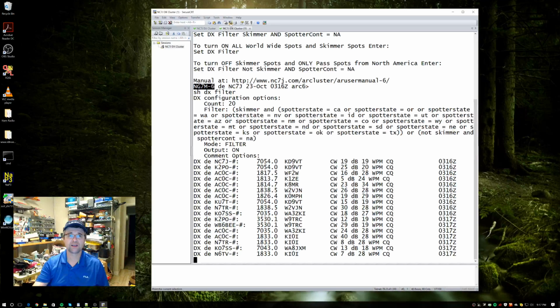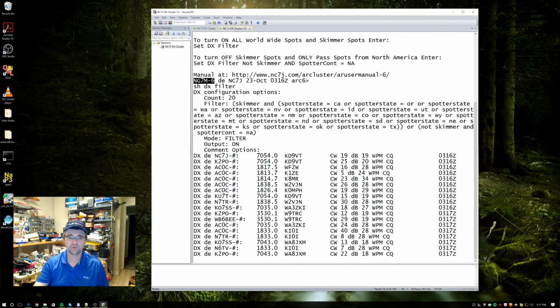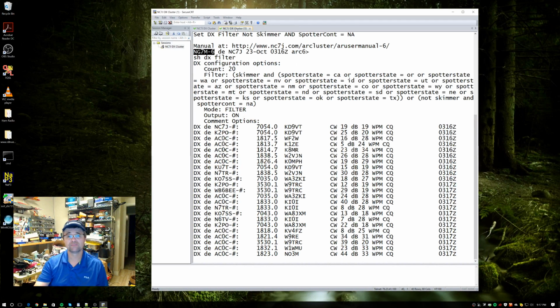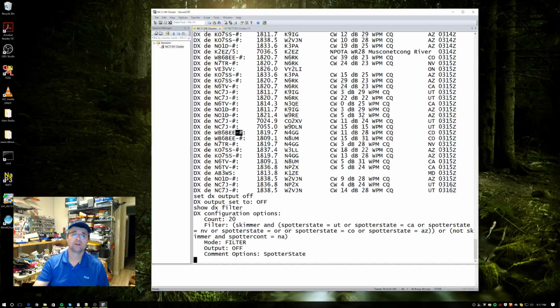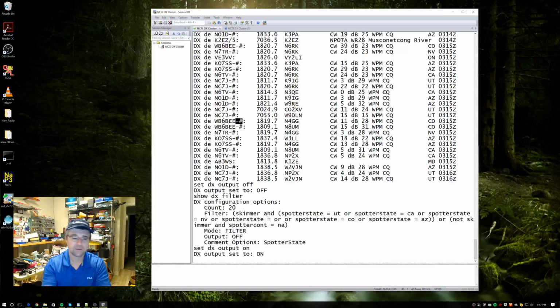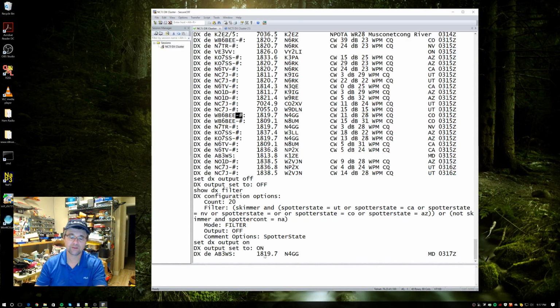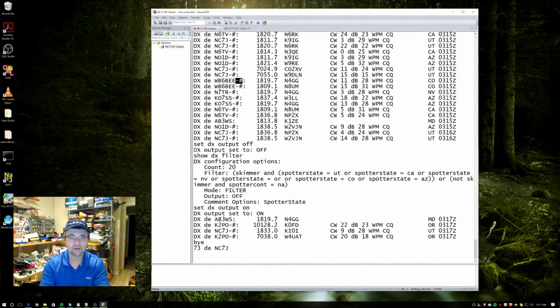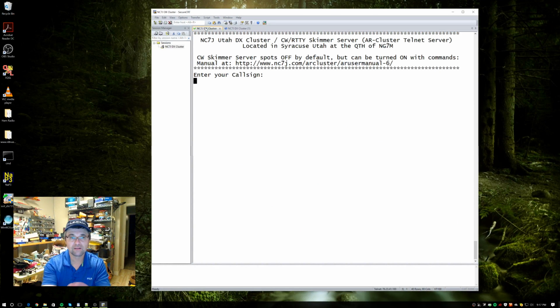So you can see that here. I'm just switching between 2 connections. This one, I'm logged in with SSID-6. It retains that filter. Here, I've got this filter with the DX output off. Set DX output on, and now you're going to start seeing the spots come in again. But if I disconnect with the BY command, I just disconnected. And if I connect again, that first one, NG7M,